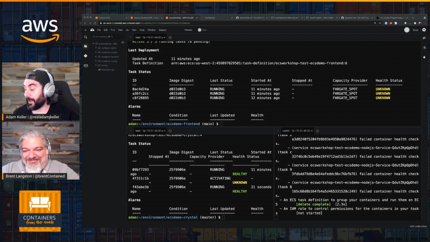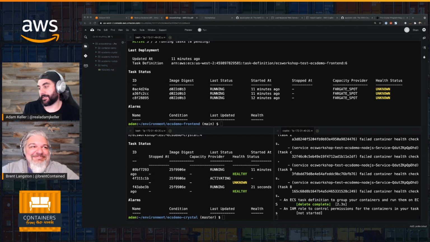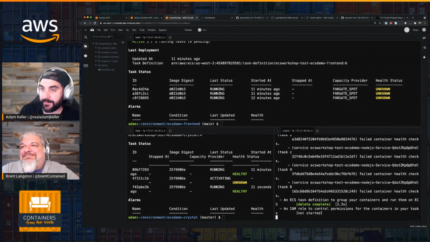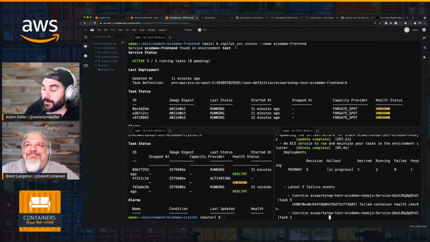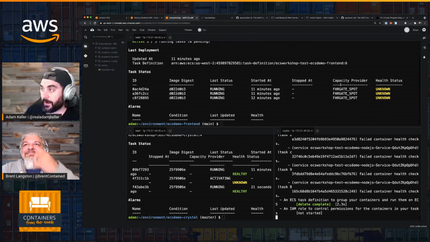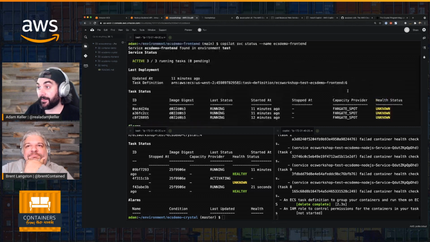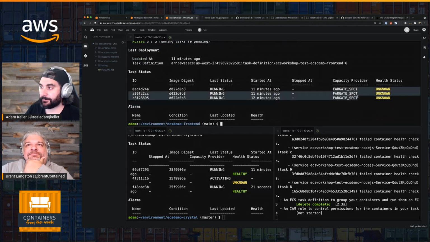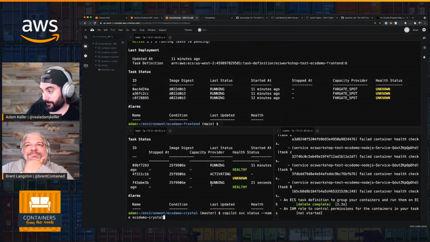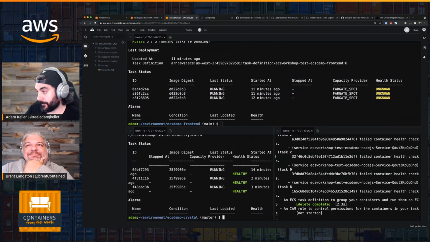So while we were waiting, I decided to just scale up our back end services. And the one thing I wanted to point out was when I do a Copilot service status for our front end, we can see the type of Fargate task we're running. So you can see my front end services are all Fargate spot. Nice. That's really cool. Whereas with Crystal service,